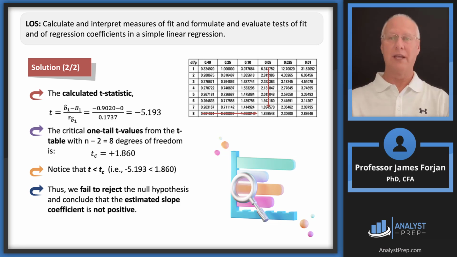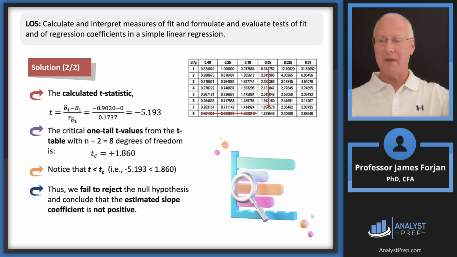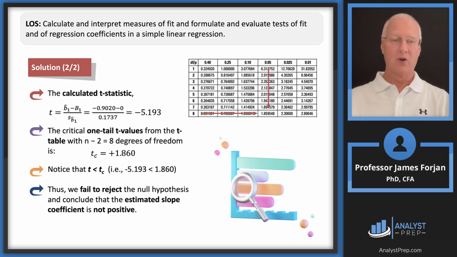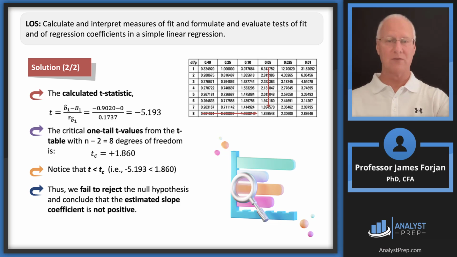In kindergarten, we can look at that minus 0.90 and say to our kindergarten teacher, yes, that has a minus sign in front of it, so therefore it is negative. But that's not sufficient inside of our quantitative methods and our statistical analysis. We need to ask ourselves the question, is that minus 0.9 statistically negative? And so we come up with a failure to reject that null, which means we accept